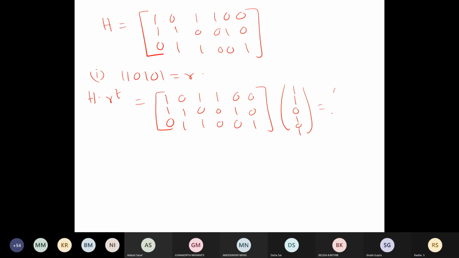Multiply this. That is this row into this column. 1 into 1, 1 into 1, 0, then 1. Similarly, second row into this column.